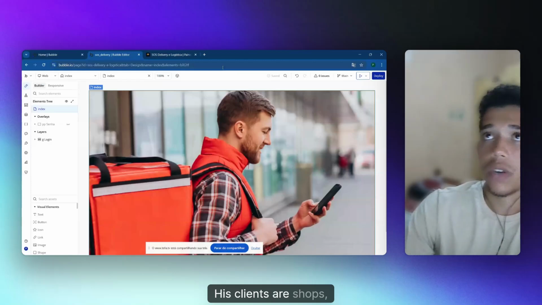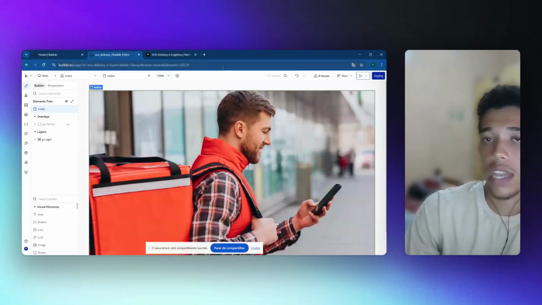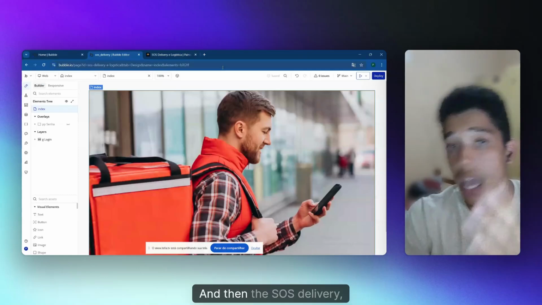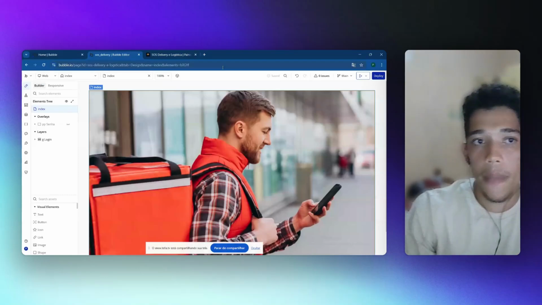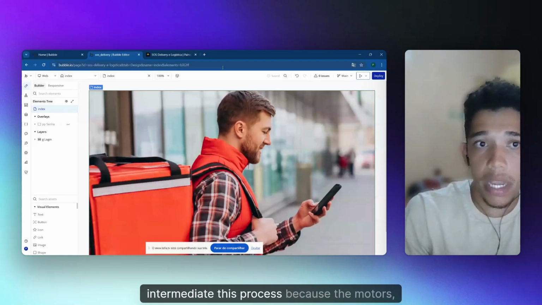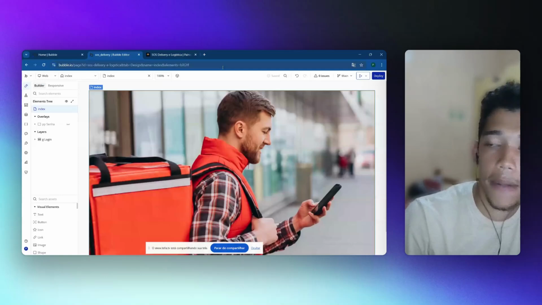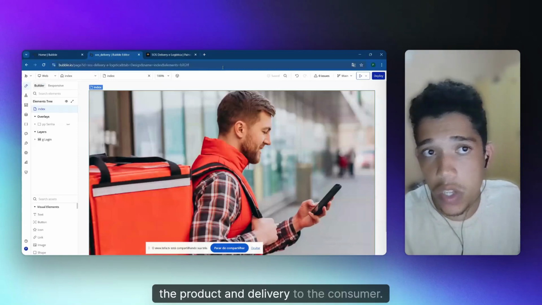Its clients are shops and restaurants that every day need to send their food to their consumers. And then SOS Delivery intermediates this process, because the motorcycle couriers get the product and deliver it to the consumer.